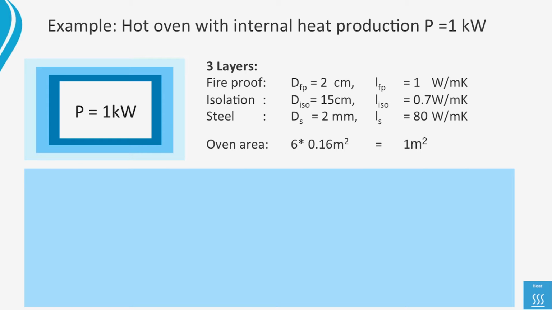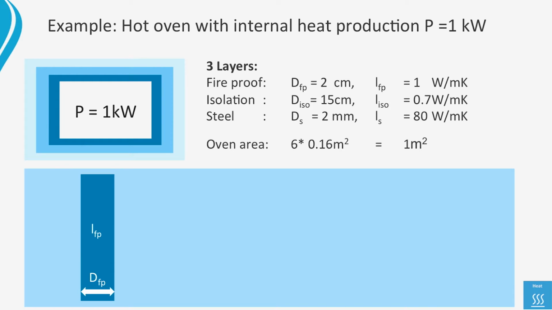It is shielded off from the oven conditions by the fireproof layer. Its purpose is to minimize heat losses from the oven to the surroundings. Finally, the light blue layer is wrapped around it to protect the insulation layer. It is made of a thin sheet of steel. The total area of the oven is 1 square meter.